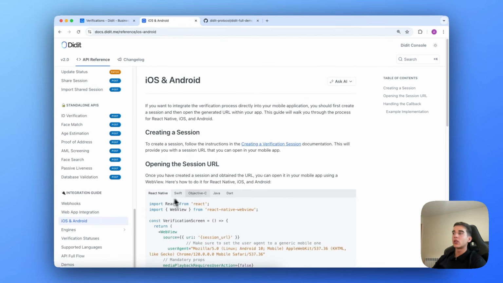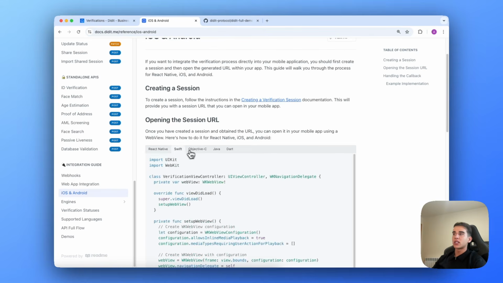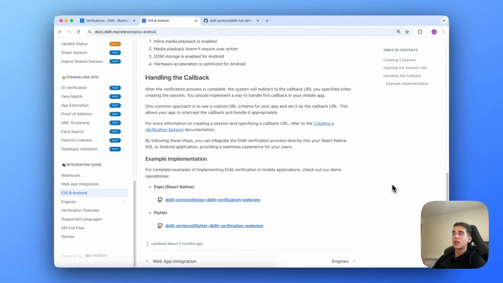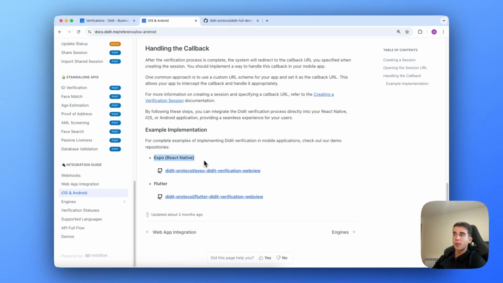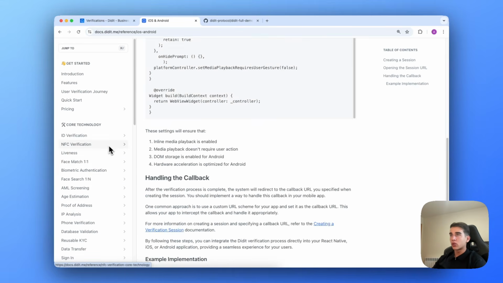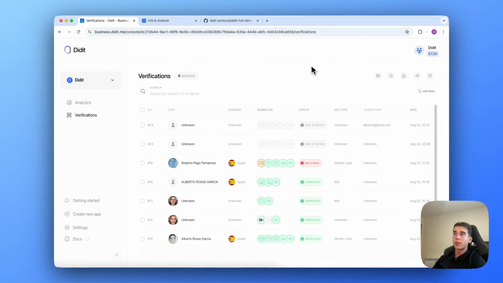And also you can check it out here, the iOS and Android integration. As you see here, we have different languages, so you can play around, but it's pretty easy. Normally it's through a web view. Everything is here. We have repos for React Native and Flutter here, so you can check it out and directly start from here, and all the information is here. So everything is here. Just check the technical documentation in case you have any doubt about how the platform works,